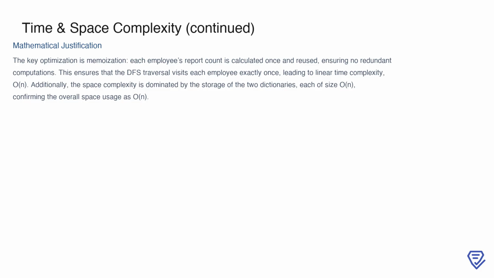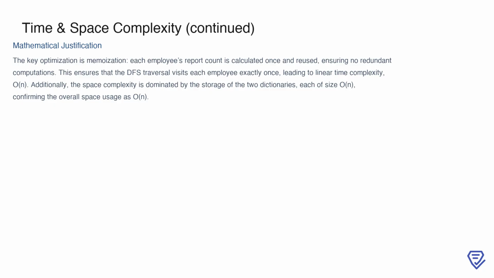By storing each employee's report count in the reports_count dictionary after it is calculated, we eliminate redundant computations. This ensures that the DFS traversal only visits each employee once, leading directly to a linear time complexity of O(n). Additionally, the overall space complexity is dominated by the storage of the manager_map and reports_count dictionaries. Since each dictionary contains one entry per employee, their combined space usage is O(n). Therefore, both the time and space complexities of the solution are optimal at O(n), making it highly efficient for this